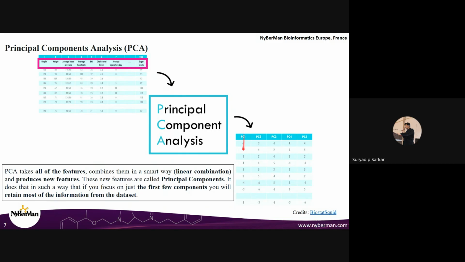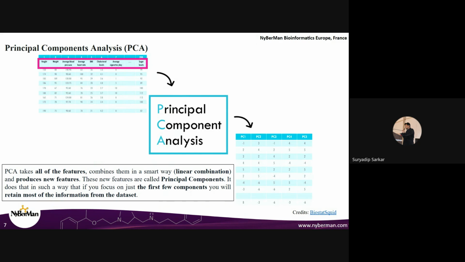And as we go on, the principal components are ordered with respect to the amount of information they retain. For example, principal component 1 retains the most amount of information,